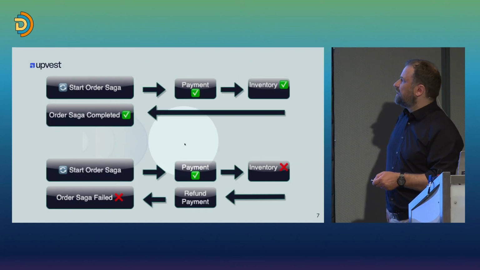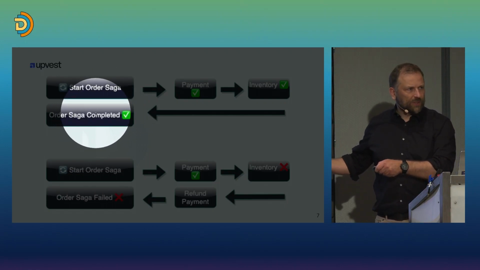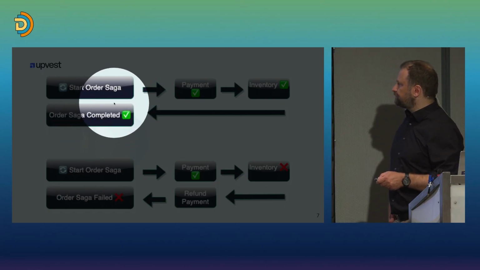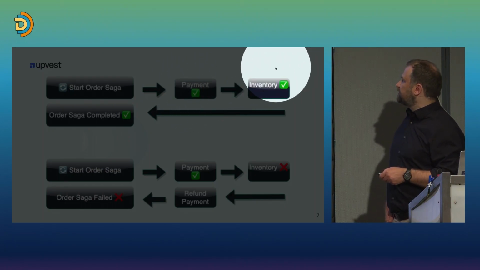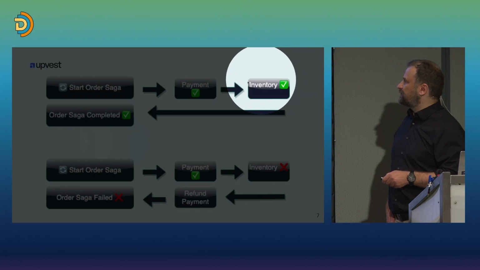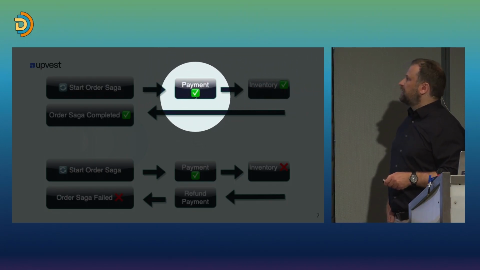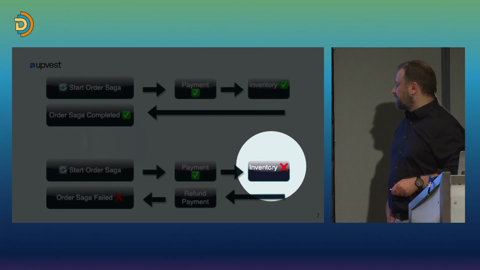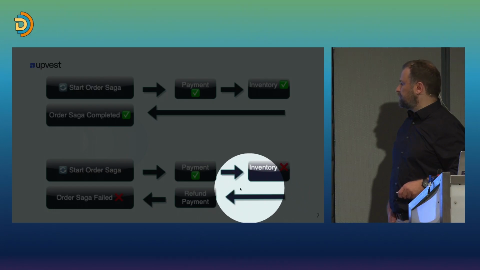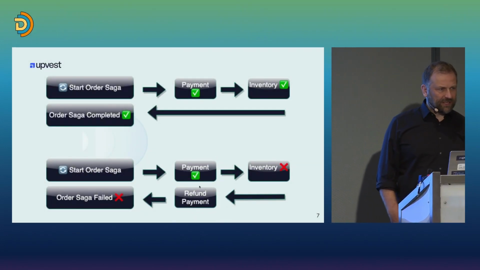So the idea is you start the saga, you have some sort of saga coordinator. This can be the workflow engine or, again, roll your own and so on. That somehow initiates the payment. And in parallel, these don't have to be sequential, right? This is part of the pattern. You don't have to do one after the other. You kind of start both. And if one fails, you have to do something with the other, right? It's also called the compensating transaction pattern, which is actually a better name.